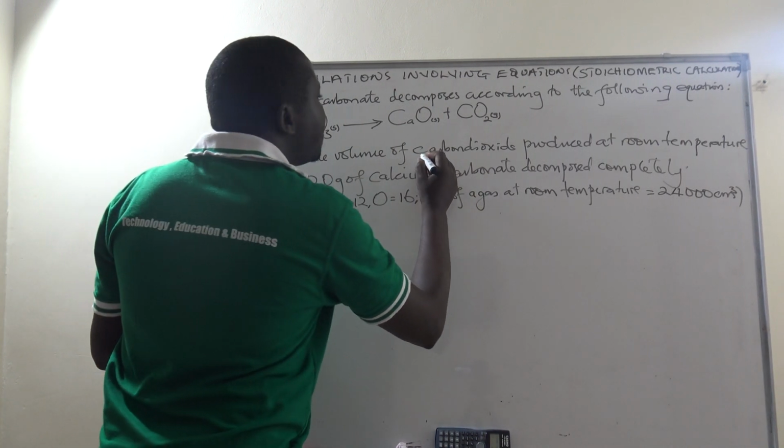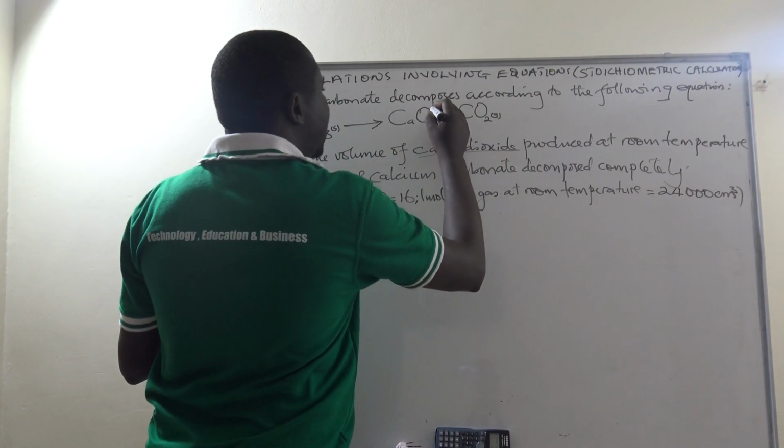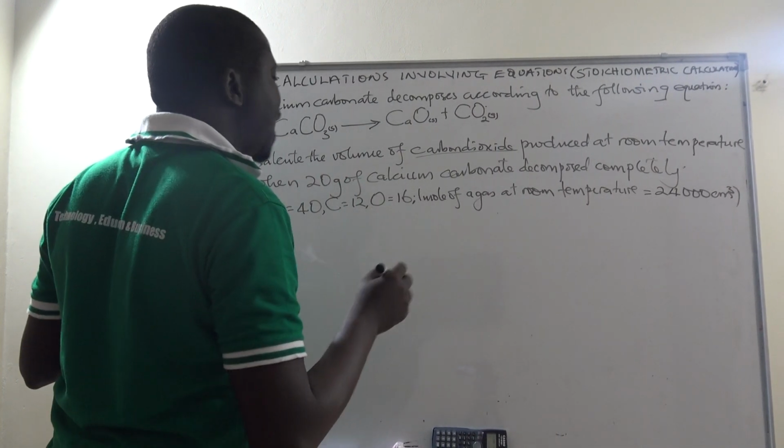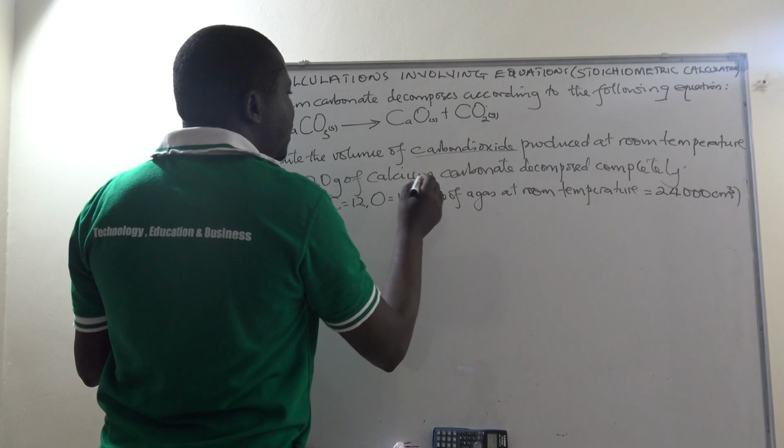Calculate the volume of carbon dioxide. Oh, we shall use carbon dioxide in our calculation. Produced at room temperature when 20 grams of calcium